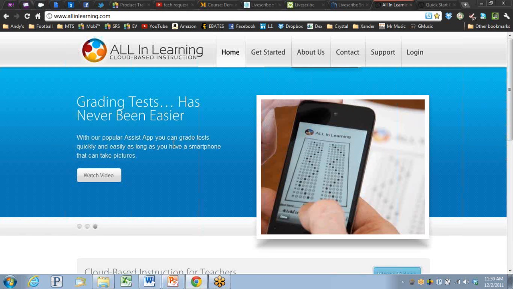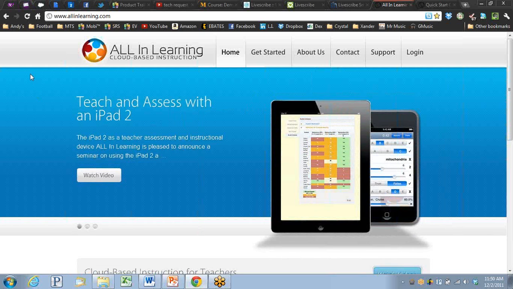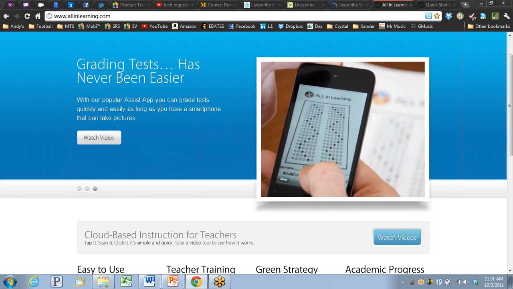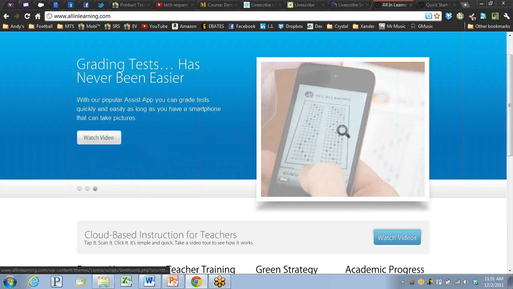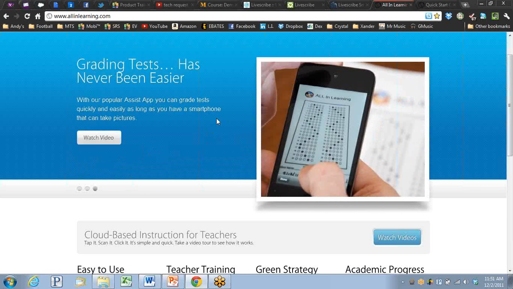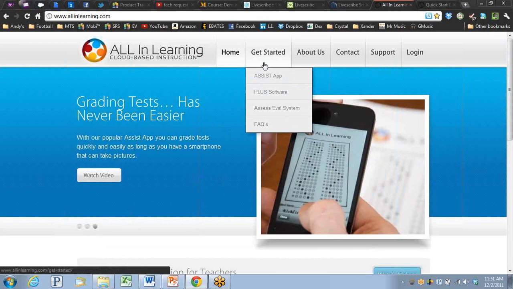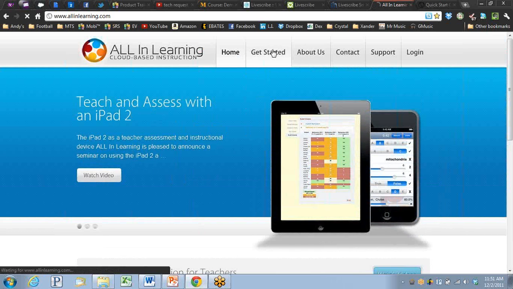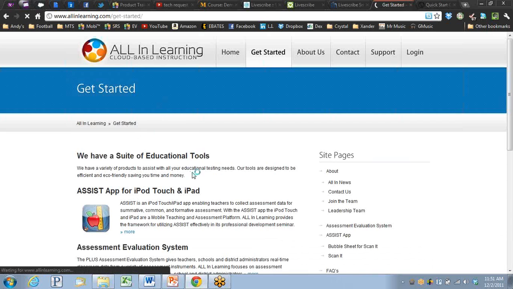All right, let's jump into All In Learning. I'm hoping to have a lot of people on board with this here in the very near future. It's just a really cool program, a money saver with paper, and also, because it's a school-wide license, it gives the power of this assessment solution to everybody rather than one or two that can afford to have clickers in their group. So if you want to, from allinlearning.com, you can jump into the Getting Started, and we'll have a few